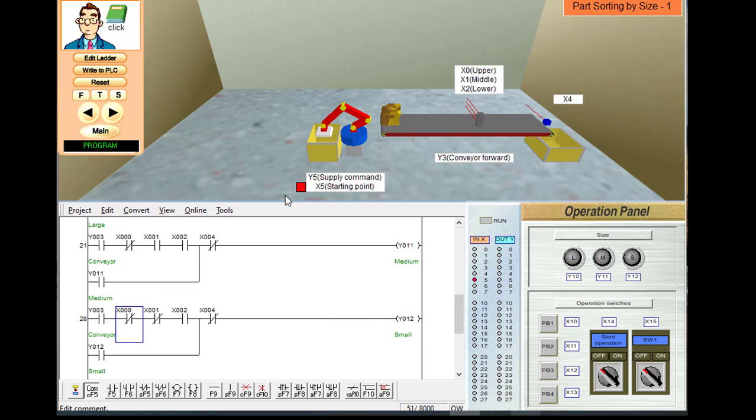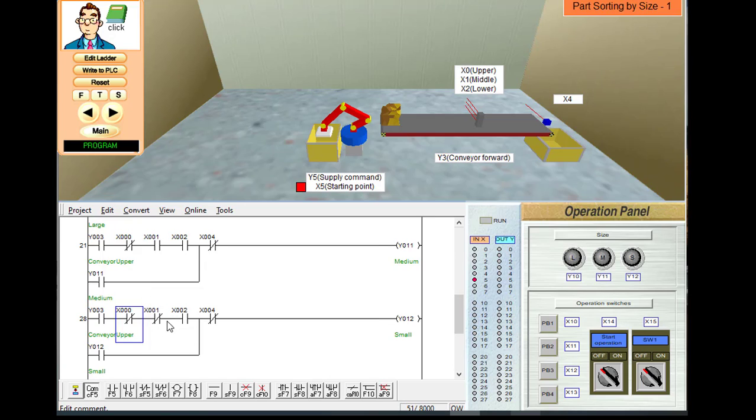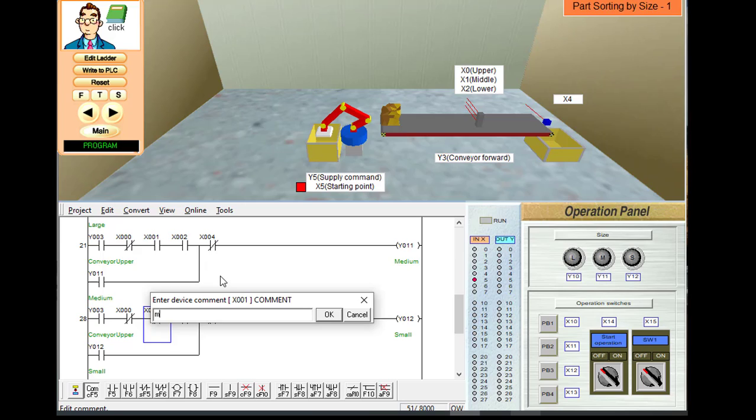X0 is the upper sensor, X1 is the middle, X2 is the lower.